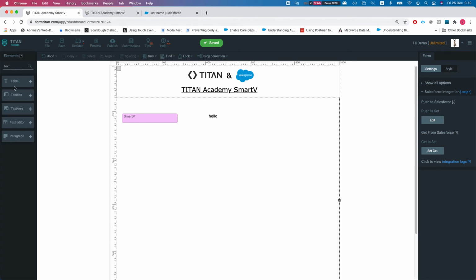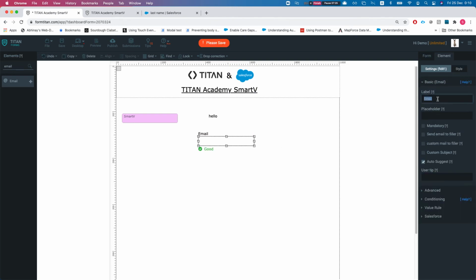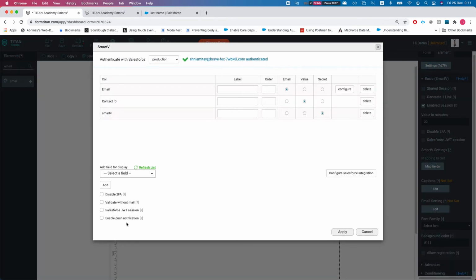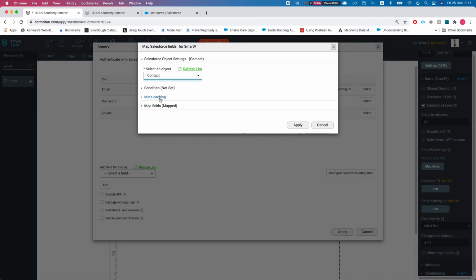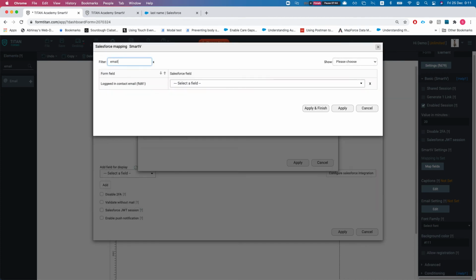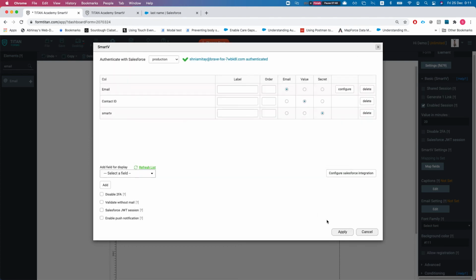So let's do, for instance, an email, and we will call this the logged in user contact, and we can do the same. We'll head back to the SmartV, map fields, and we can map it directly to our email, plan, finish,